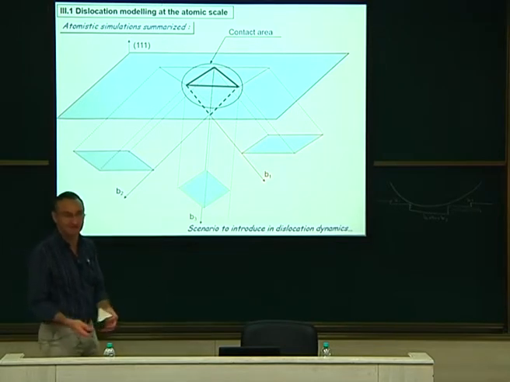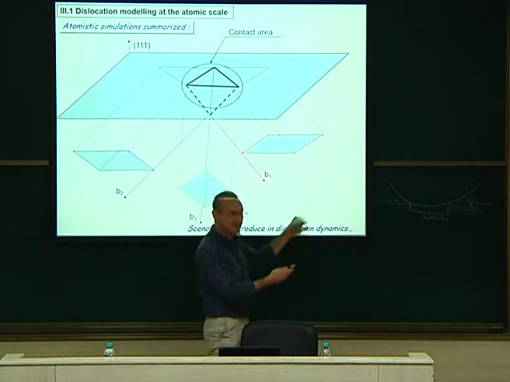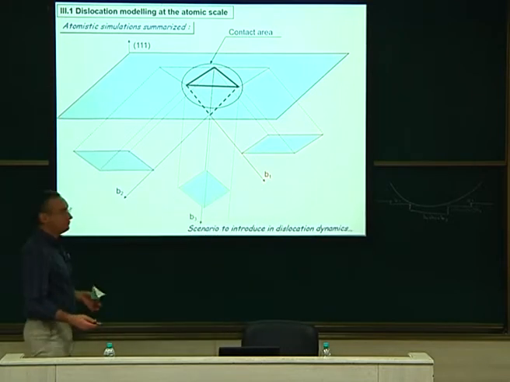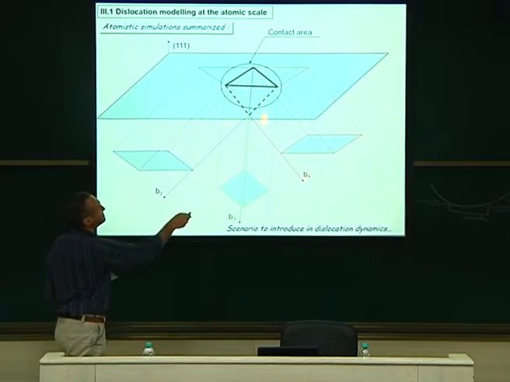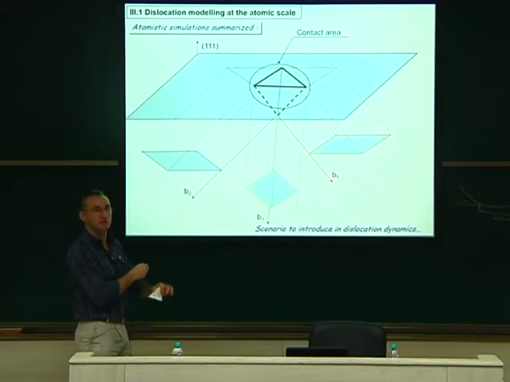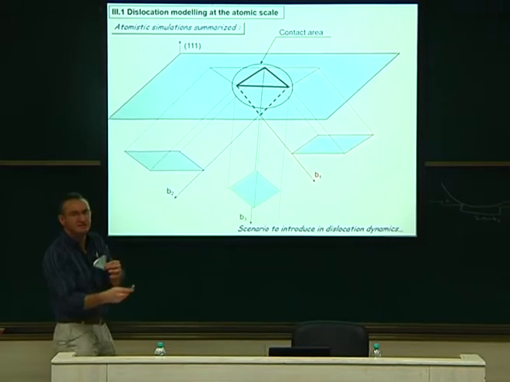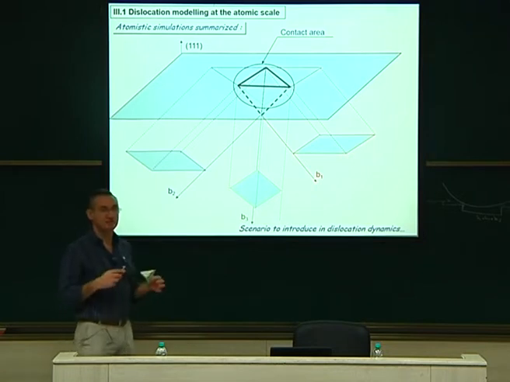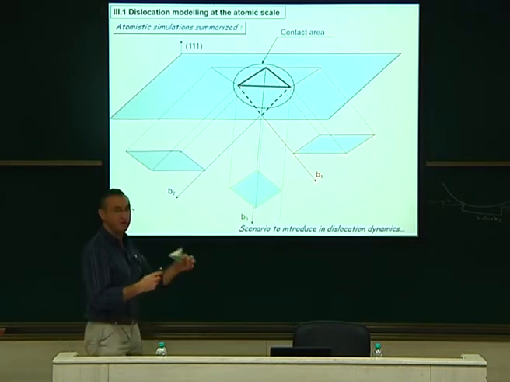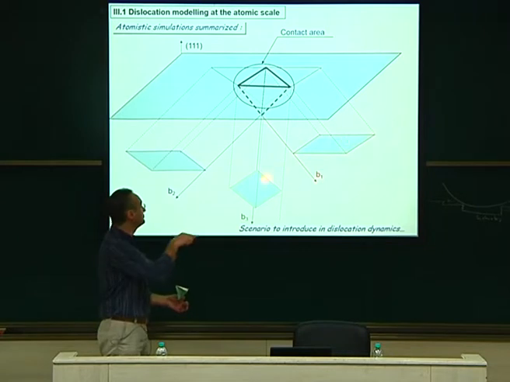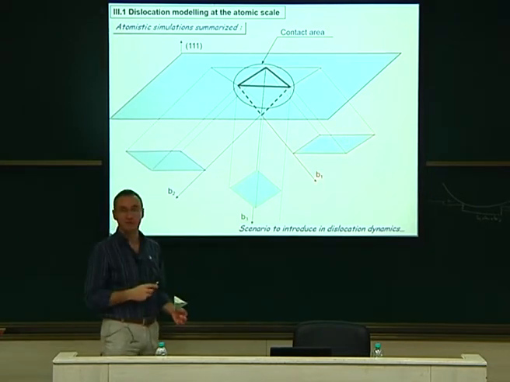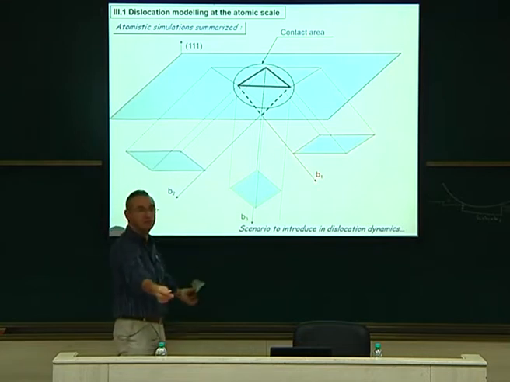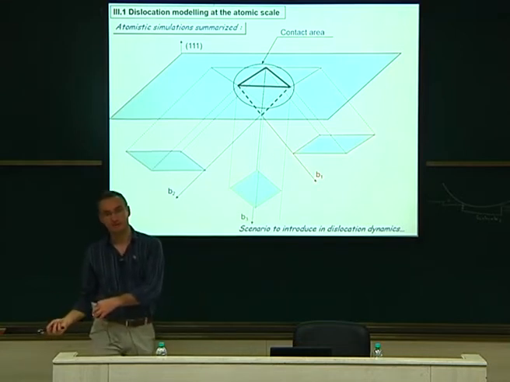Dislocations, they do what you want. Actually, you put them, they accommodate. Okay. And then in my DD simulation, which I will show tomorrow, I will not care about all the details of how those loops form. I say, okay, this I don't care. It's too tiny details and it occurs very fast, so I don't care. I will just put those loops. So in DD simulation, if I need to nucleate dislocation, I will put those 3 loops at this exact position in order to accommodate my contact. And in DD, I will be able to let them move and see what happens. Okay, you see?